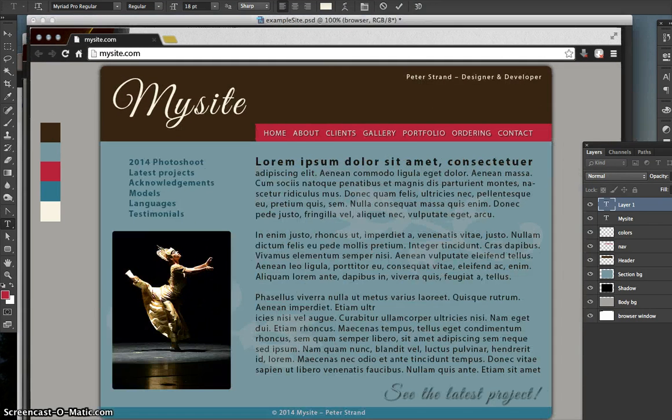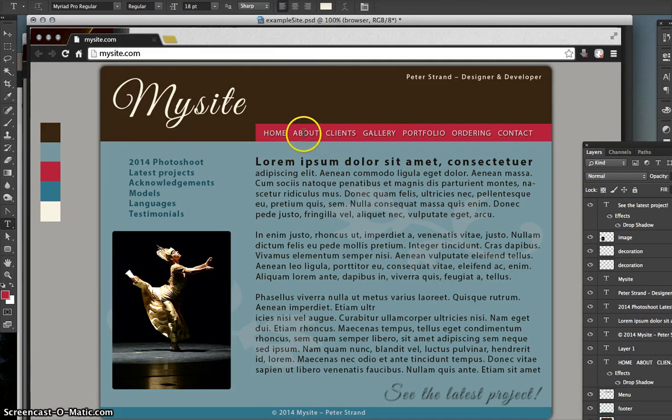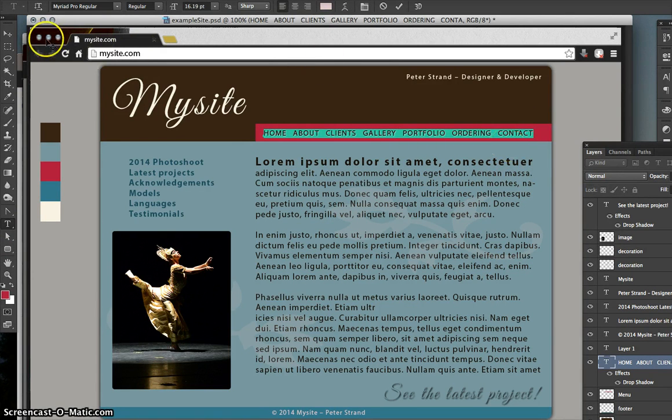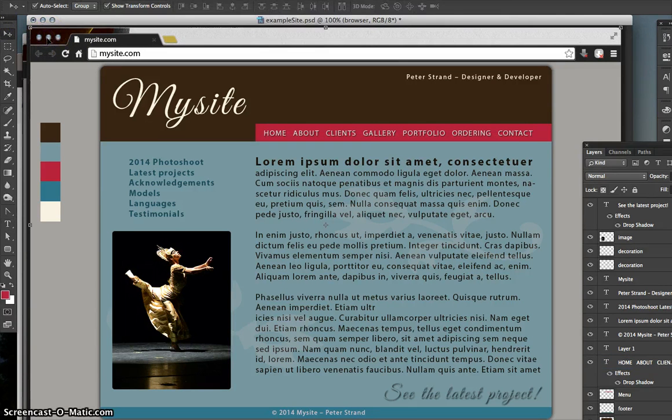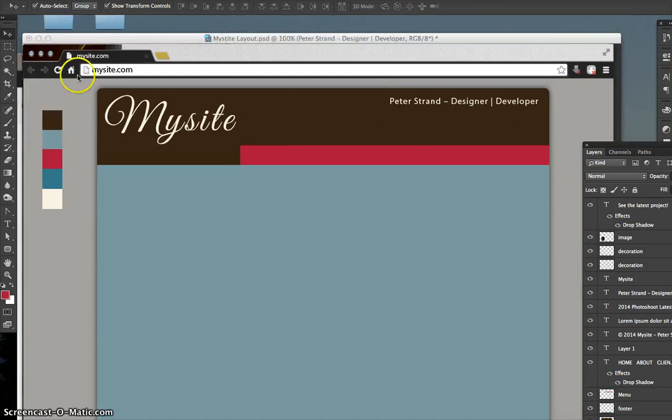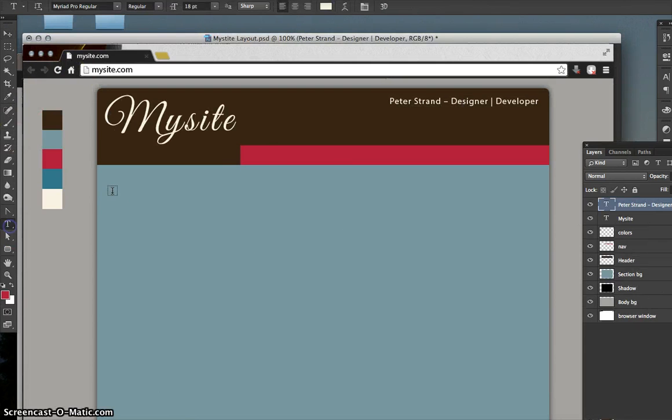The next thing I'm going to do is the navigation. So I'm going to cheat on this one. I'm going to just select this and copy it, Command C, copy it. And then I'm going to paste it, Command V. Now if you notice, this is a little small,